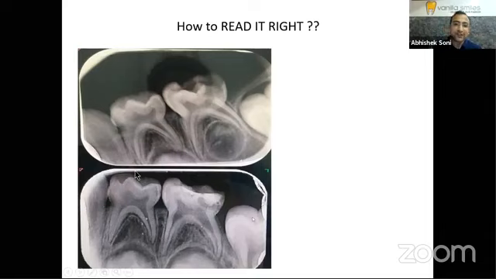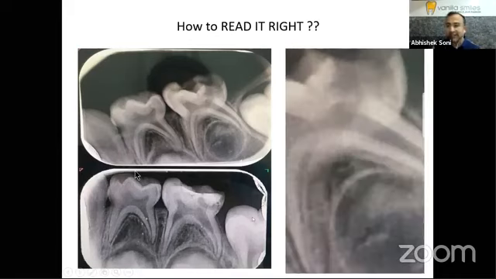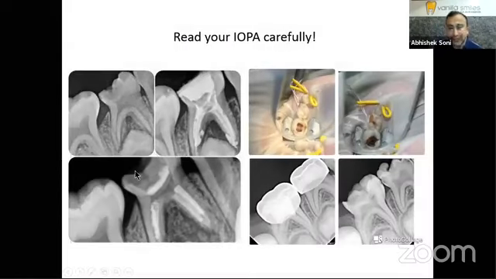For a 6 or 7-year-old, you may have to start with your 15K file, your 20K file, which is 2%, and then gradually move on to 4%. In your radiographs, the most important area is your interradicular area, wherein you have to check for any radiolucencies, if any, and then eventually decide whether the tooth needs a pulpectomy. Because of the accessory canals, the furcal region is the first area where you will start seeing your radiographic changes. So if you see in the left radiograph, there is furcal radiolucency, which is suggestive that the child needs a complete root canal or pulpectomy treatment.